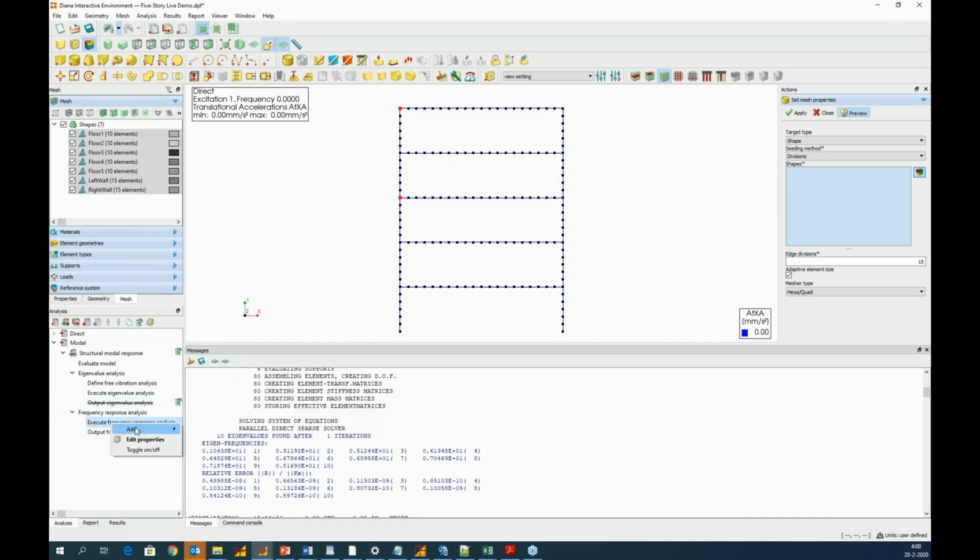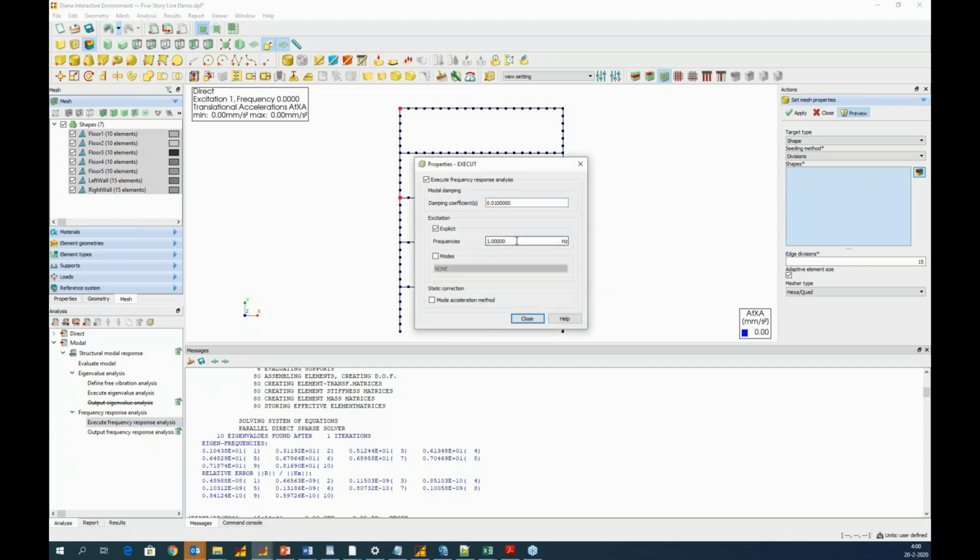And for the frequency response, I'm going to ask again for a range going from 0 to 10 Hz in steps of 0.1. And please note that in this analysis, we use a modal damping of 0.01.